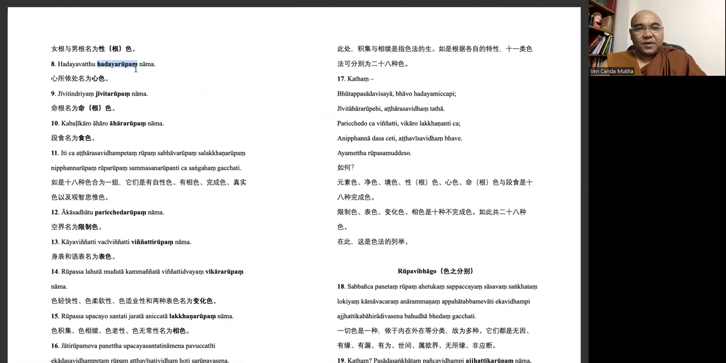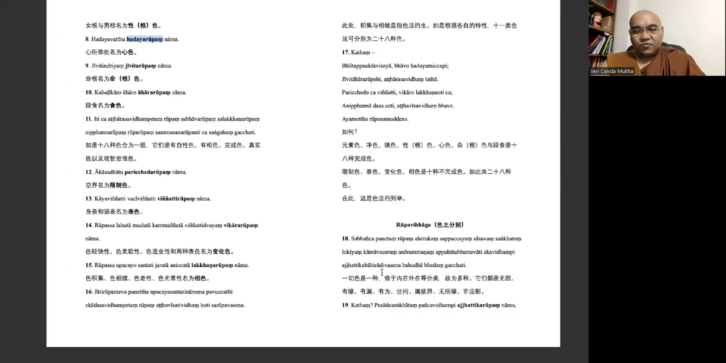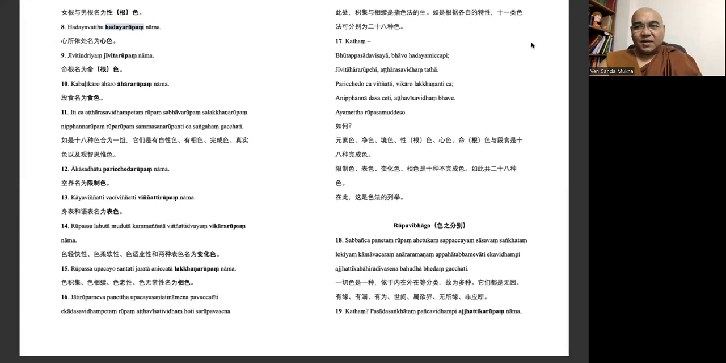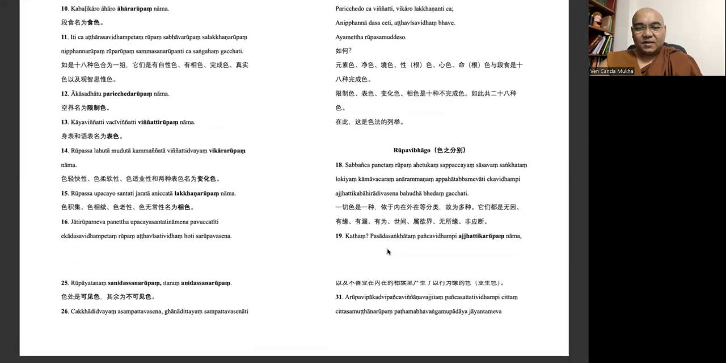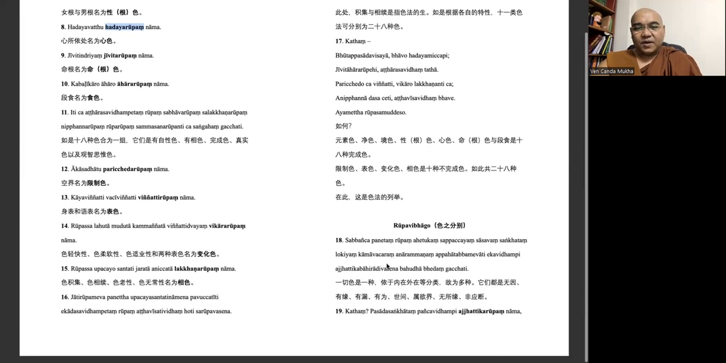So remember that. After the enumeration of the 28 rupas, we go to the analysis of the rupa. So rupa can be analyzed. Okay, rupa vibhaga, that is the analysis of the rupa. Rupa vibhaga here. Sabanja paneda rupa ahituga. So all of these 28 rupas,